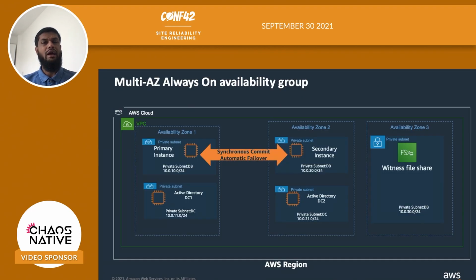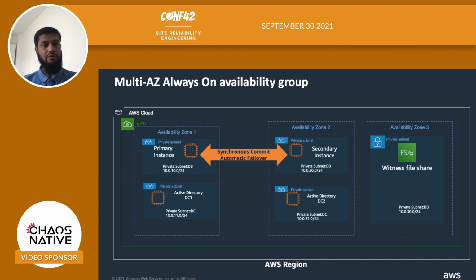So let's talk about a pattern of deployment. We looked at the previous slides with an FCI, where we have multi-AZ deployment with the failover cluster instance, which was sharing the same storage, and the storage was moving between the AZs. Now with the availability groups, you can have independent storage per AZ, and SQL Server is replicating the data at the instance level. That's basically a synchronous replication with automatic failover,